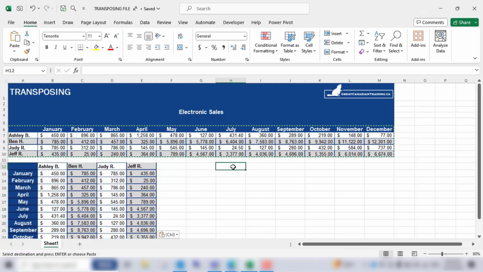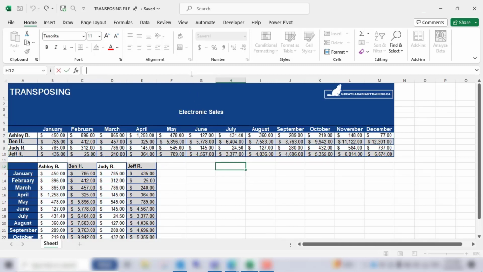The second way to transpose is by using the transpose function. This is a more advanced method. It uses a function that will return an array of values. To do this, we need to choose a new location in the worksheet where we'd like to paste our transposed data. Then we'll enter the following statement,